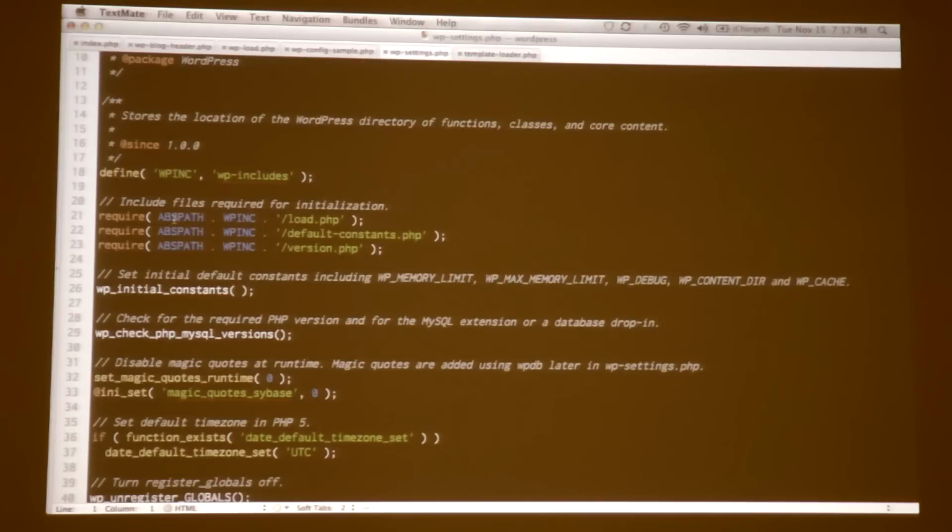It now uses your ABSPATH and your WP Inc. to load 3 files that are essential to its job of loading up the actual core environment. And we're going to see those functions as we work through it. Actually, we see one now. We see the WP initial constants, which is defined in the default-constants.php file. If we take a look at that,